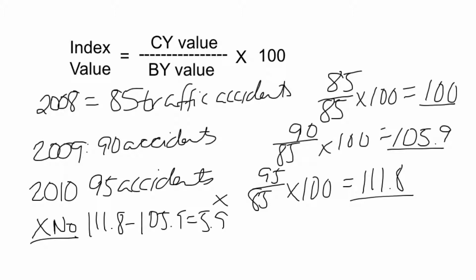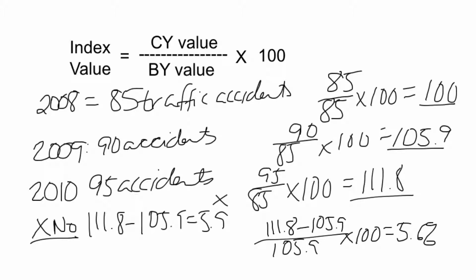Because what you actually do to calculate the percentage change from 1 year to the next is use the percentage change formula. And so when we were comparing to the 100, it was okay, we could get away with just subtracting 100 from 105.9 and seeing that. But technically we were doing the percentage change formula, we just didn't have to, we could do it in our heads, I guess is what I want to say. So the actual percentage change formula then is the value in the second period, 111.8, minus the value in the first period, as a percentage of the value in the first period, and then always times 100, and that gives you a percentage calculation of